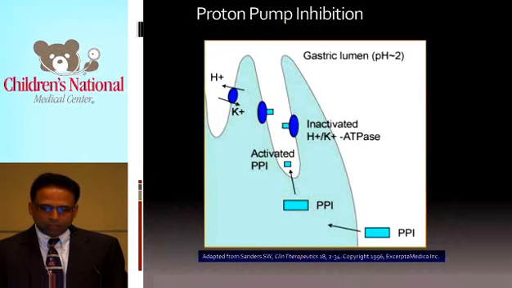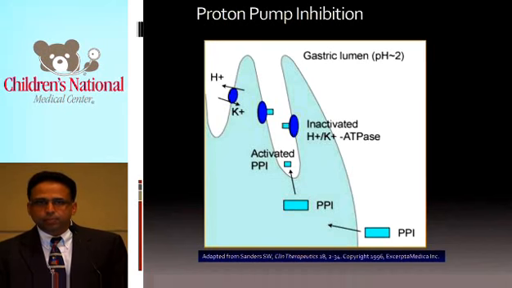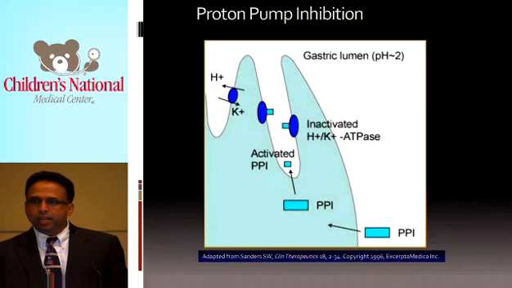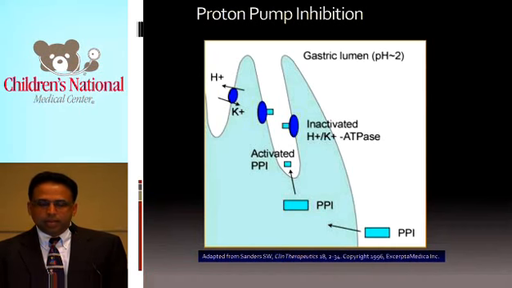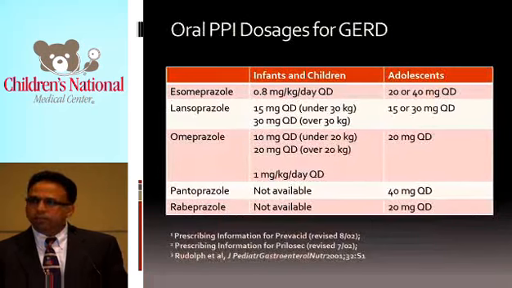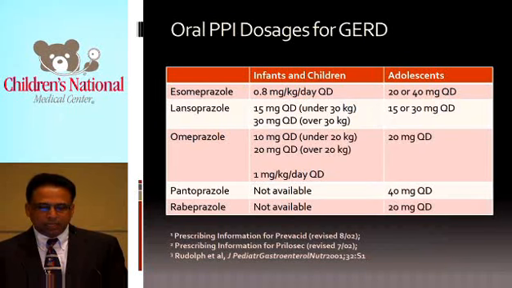Proton pump inhibition, on the other hand, is where these pumps are really inactivated. These medications should really be called proton pump killers because they inactivate the pump for its life, and therefore these medications are effective for 20 hours, which is the average half-life of a proton pump. In 20 hours you'll replace half of your proton pumps, and therefore you do not really need to give them as a twice a day dosage. These are the doses for the proton pump inhibitors, and esomeprazole or Nexium is the strongest.